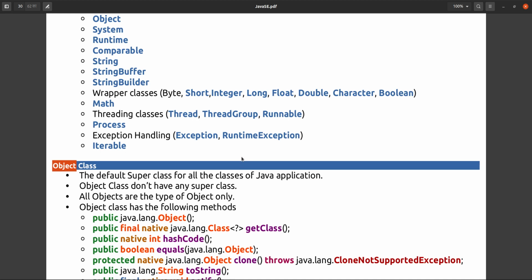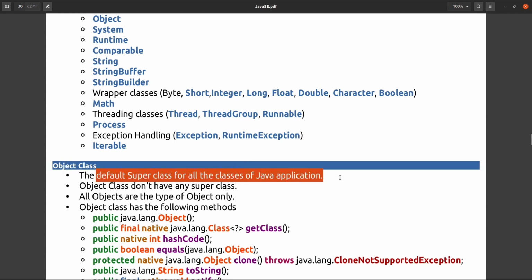Student is also object, if student is an instance of object. Or suppose we say employee or string or number, everything is object. We can say everything is object only when every object is the instance of object class. So that's why this is the default super class for all the classes.